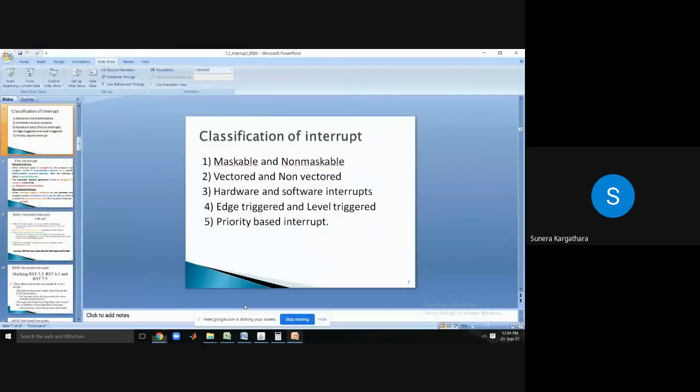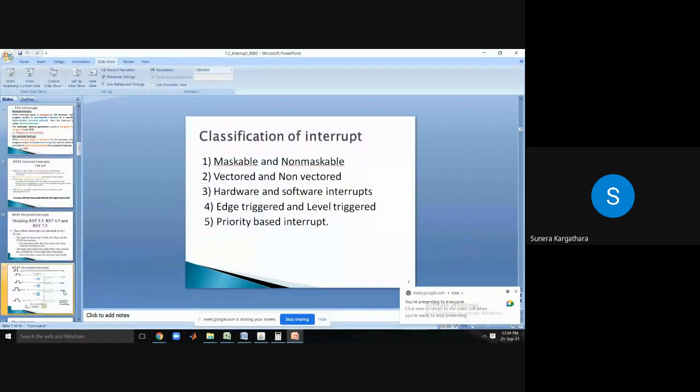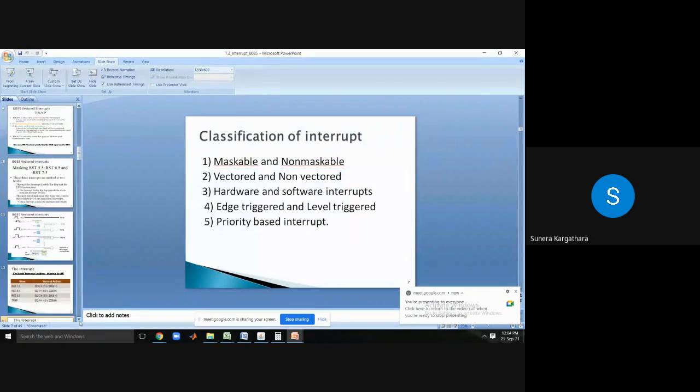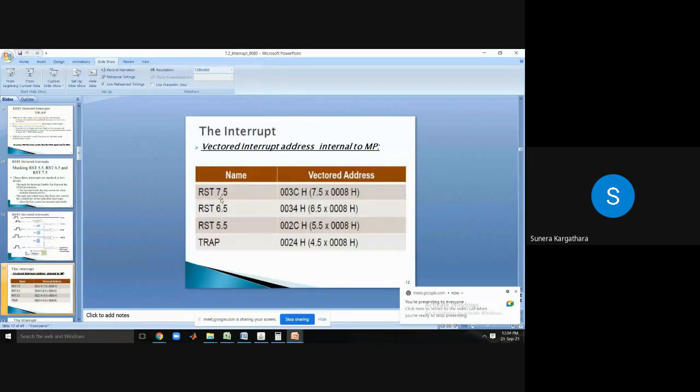Students, we had already discussed this. If you remember, we discussed vector address. Suppose an interrupt is occurring, then the processor has to go and perform the interrupt service routine, right? Your current task is running, and in between that current task, if an interrupt occurs,